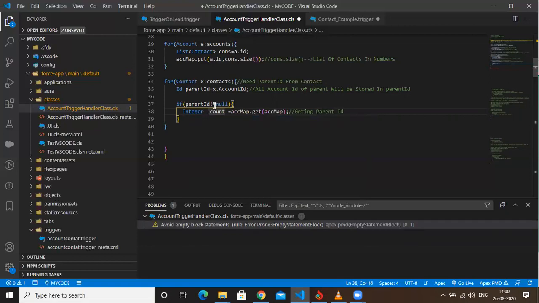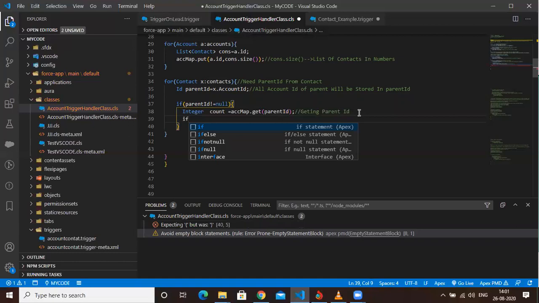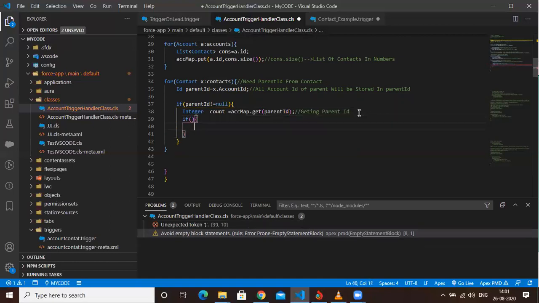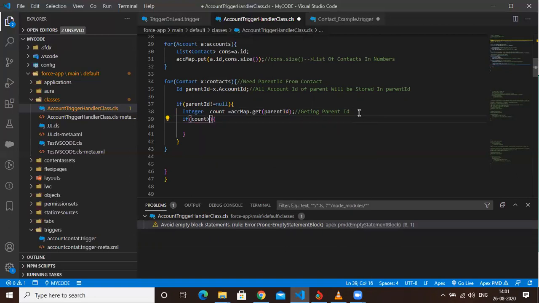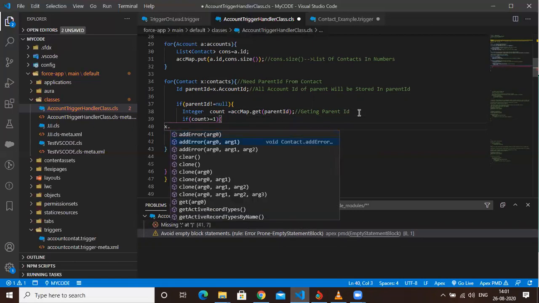Okay, so basically here, okay, next. After that, when all this is done, let me give a condition. If maybe I will say count greater than or equal to 1, then x dot add error message.